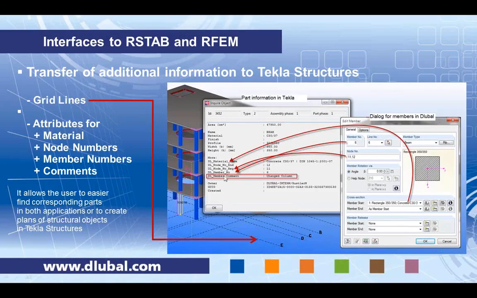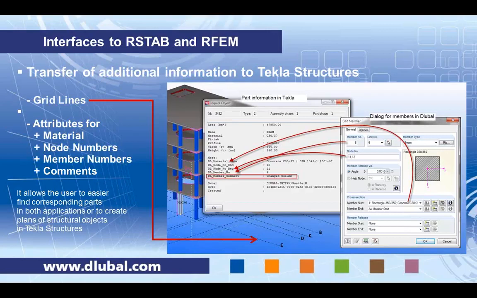All those user attributes can also be displayed on a drawing, for example. So it would be a good way to use it for an overview plan that displays the numbering of the structural objects maybe, or whatever you need it for. Anyway,